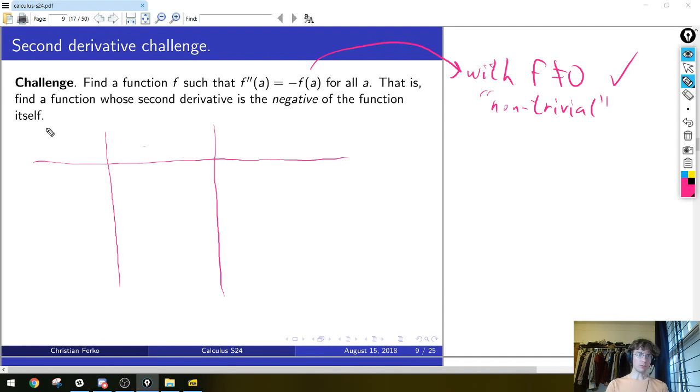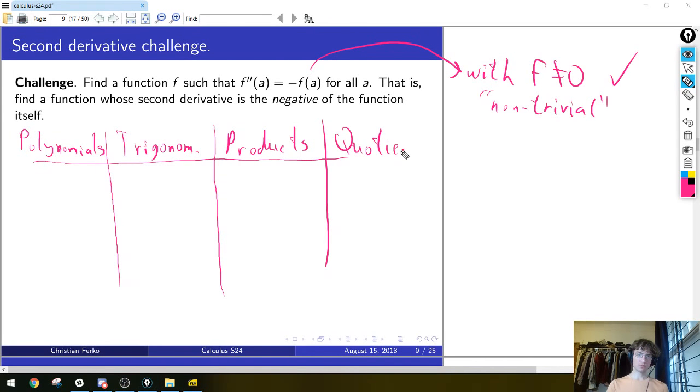Maybe we can brainstorm and try to think before writing it down. Let's just list the sort of functions we can differentiate and see whether each one might have this property. So we know how to differentiate polynomials with the chain rule. We can differentiate sine and cosine. We can differentiate, say, a product of two functions with the product rule, or a quotient, or a chain. Right? So